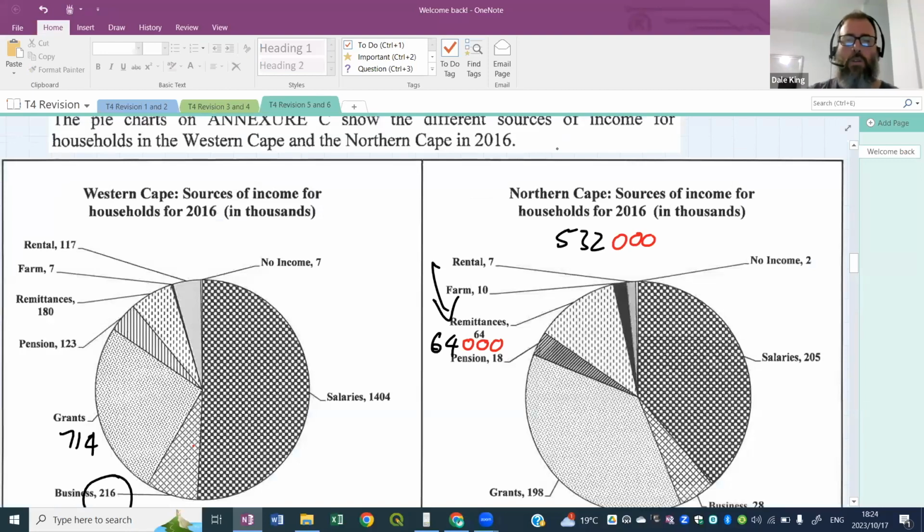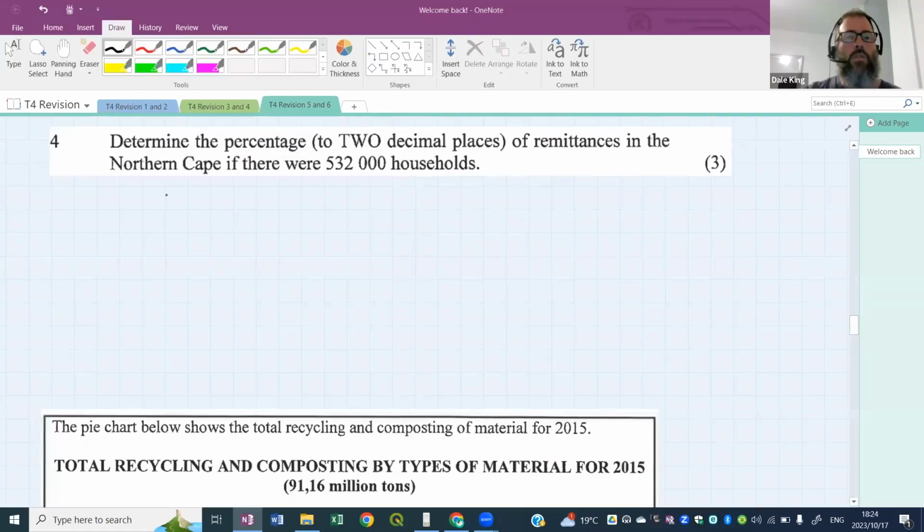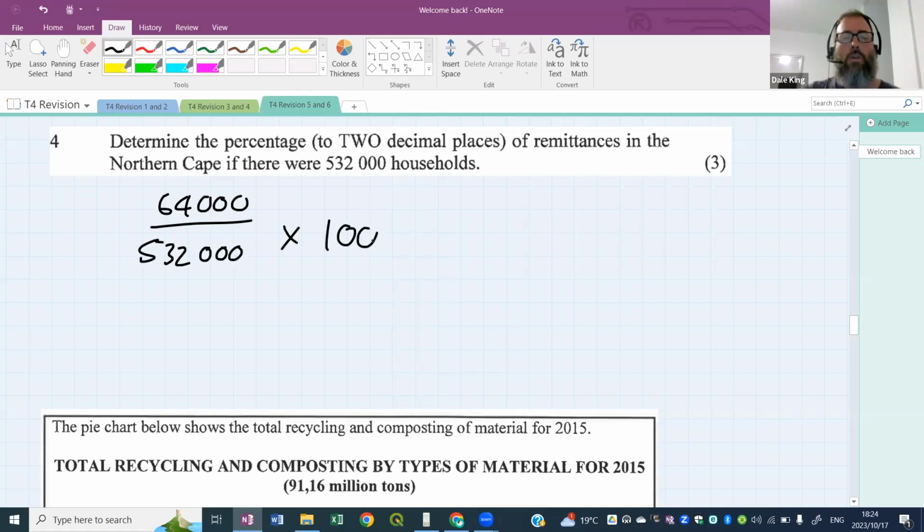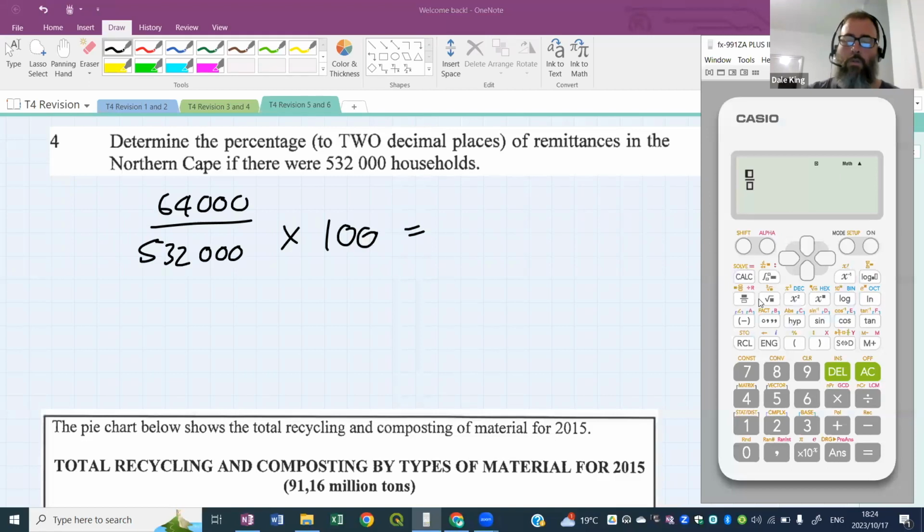All right, so I'll show you what it looks like. 64 and 532. So let's go down here. I'll write it down for you. So it's 64,000. I'm writing all the zeros now. And 532,000. So it's 64,000 of 532,000. And to get a percentage, I need to times by 100. So let's quickly do that. 64,000 divided by 532,000, and I want to times by 100. And that gives me